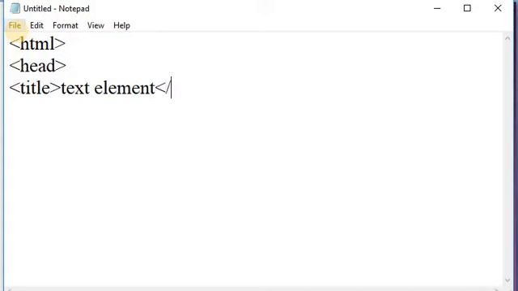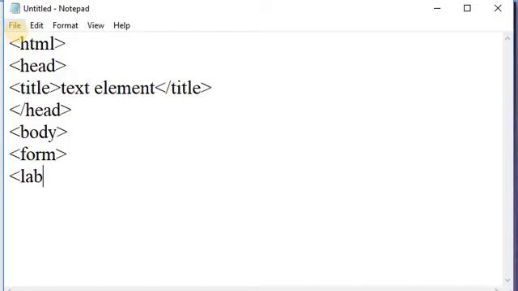Element as a title, close the title tag. After that, close the head tag. Open the body tag, and in that body tag you can write a form tag. In a form tag, first of all I am taking a label tag, and I am writing label as an input string. After taking a label, I am taking a break tag,